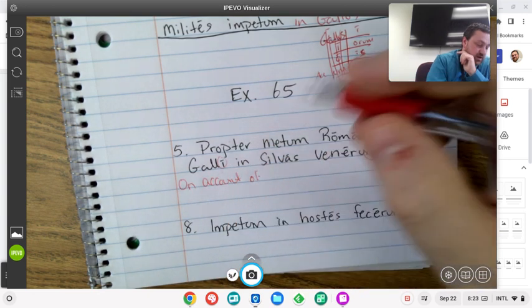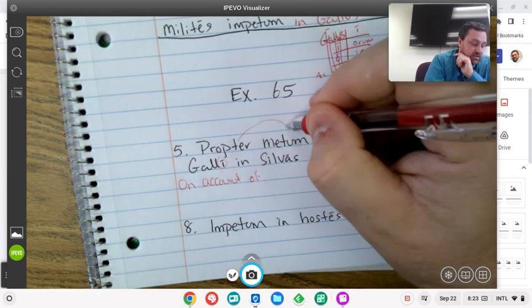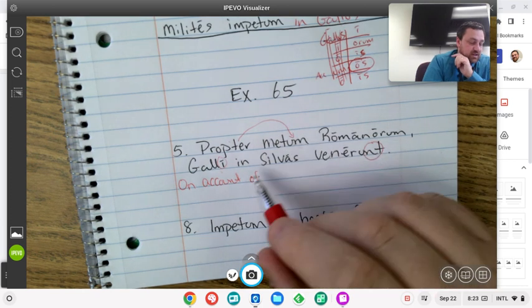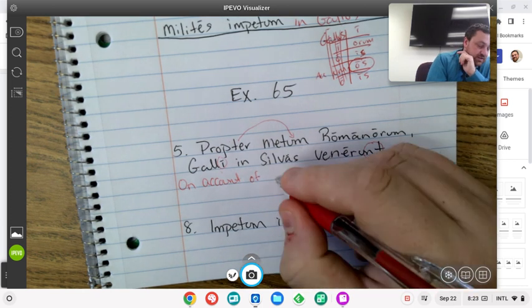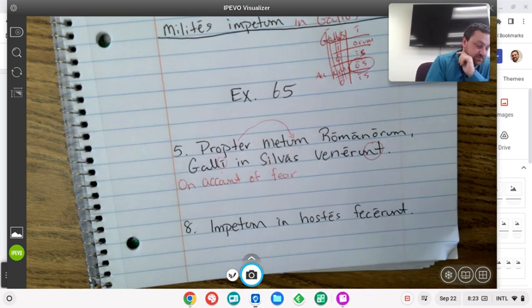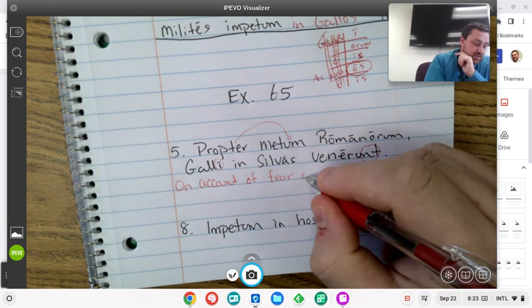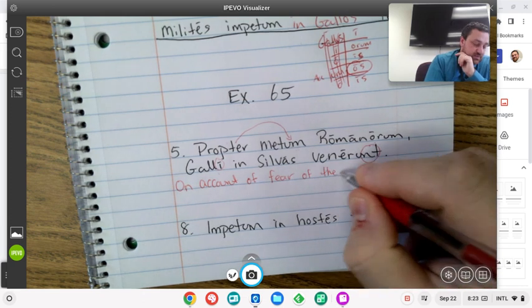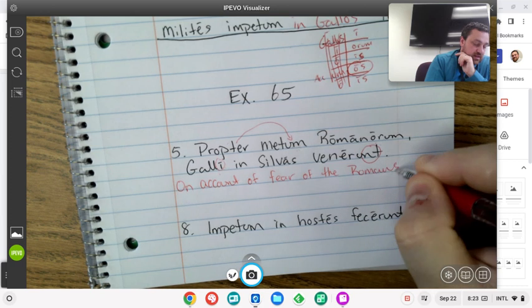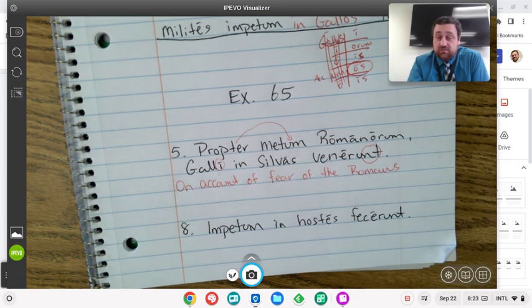On account of what? Propter takes the accusative. This looks like our accusative. On account of fear, Romanorum. That means of the Romans. Fear of the Romans. Makes sense. On account of fear of the Romans,